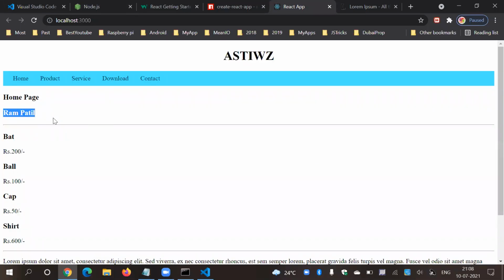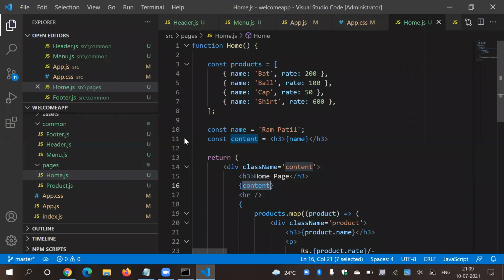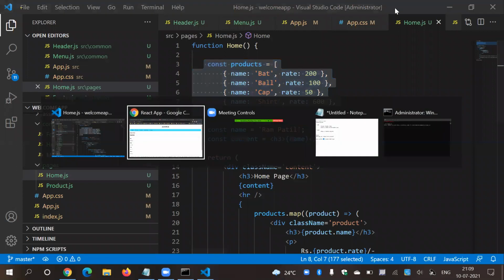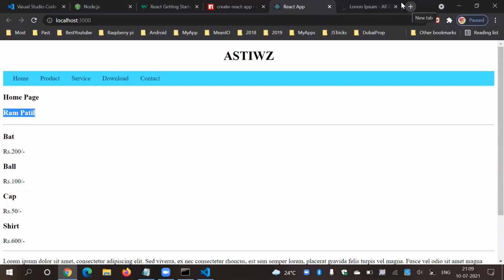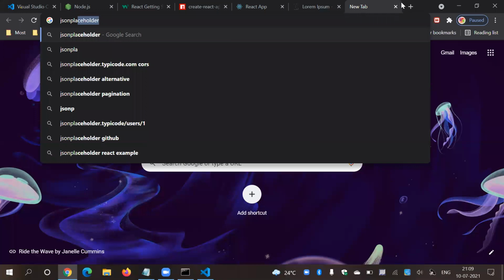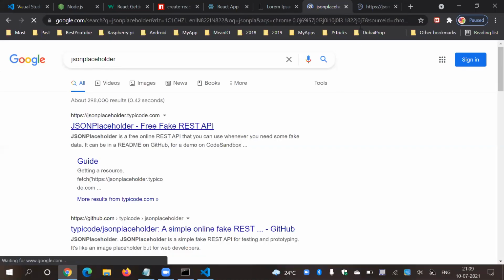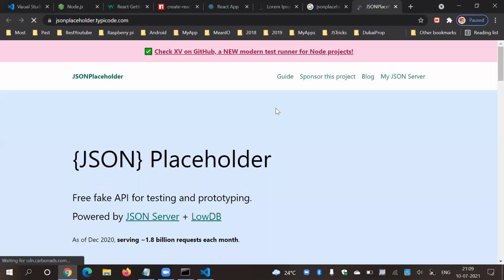Quite easy. So we are moving toward JSX properties. I think we have only two minutes left, so I'm not going to start component arguments or component parameters. But let's do these things. Try to understand JSON. If you want to implement some complicated JSON, just find JSON Placeholder. This is really cool stuff you will find over here.